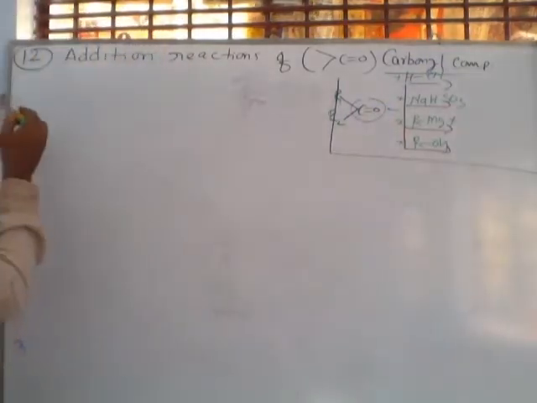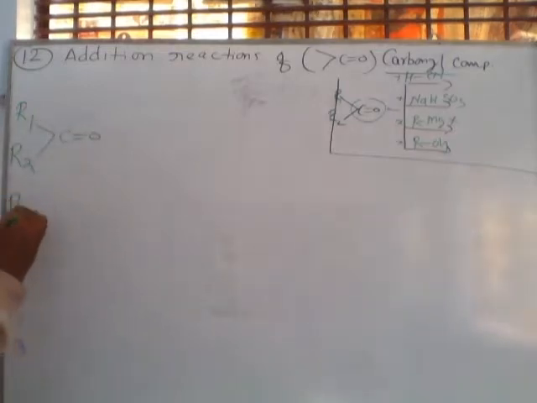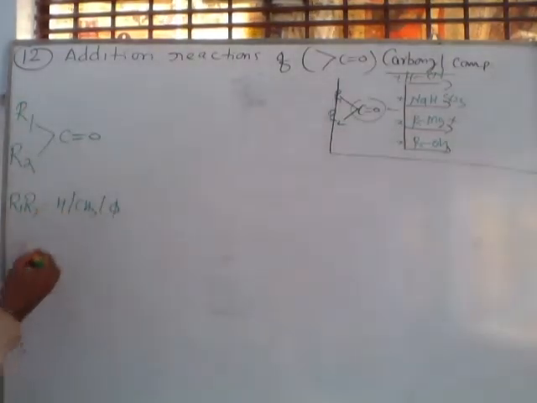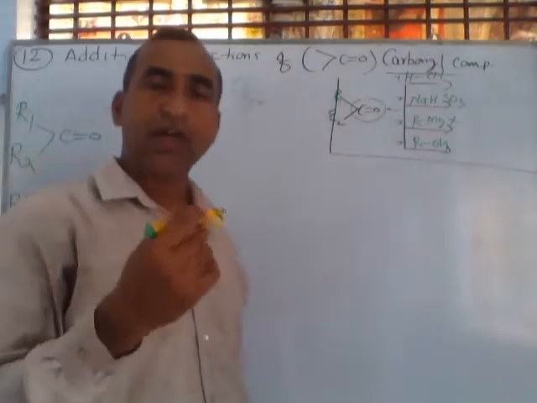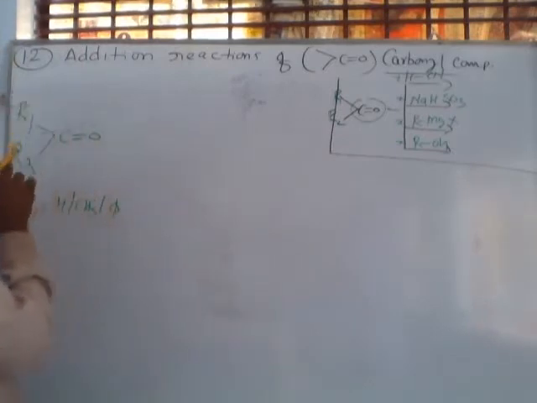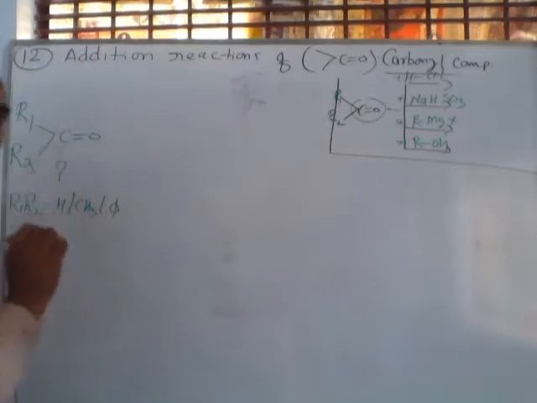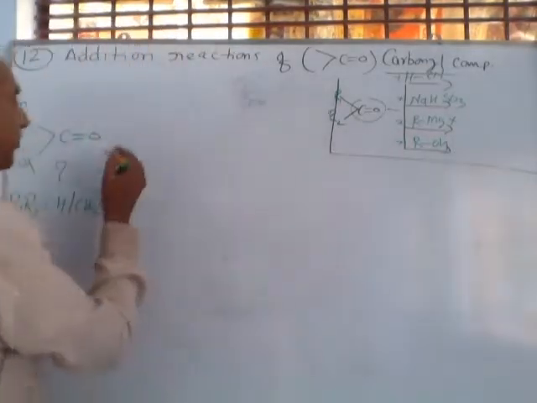Observe. This is R1, R2, and here I am writing R1, R2, both may be hydrogen, CH3, or a benzene ring. You can also use another type, where here is hydrogen, here CH3, benzene ring, here methyl. So can you write the names of these carbonyl compounds? In the previous topic we have discussed this.